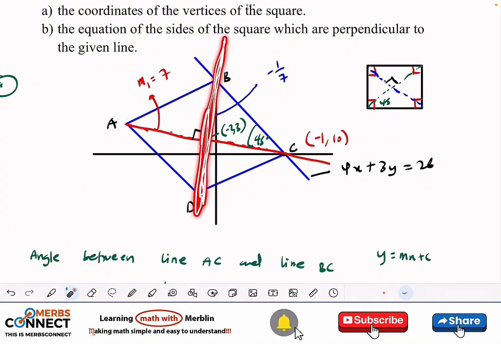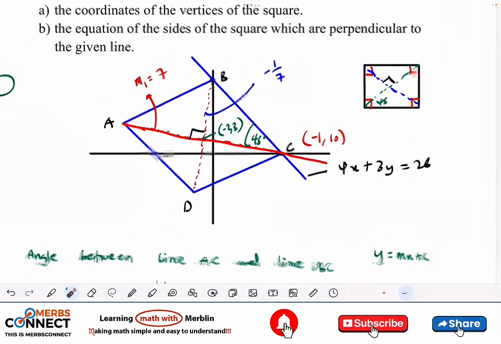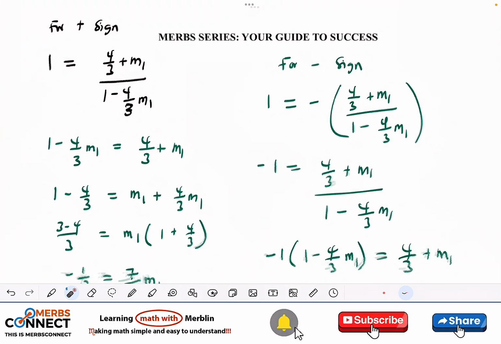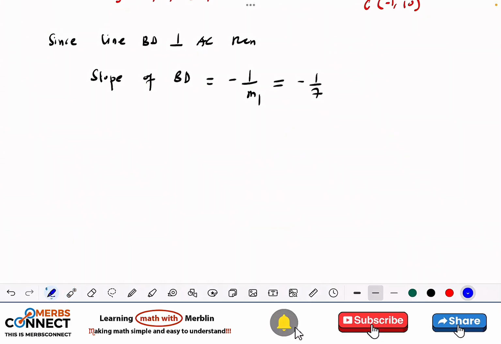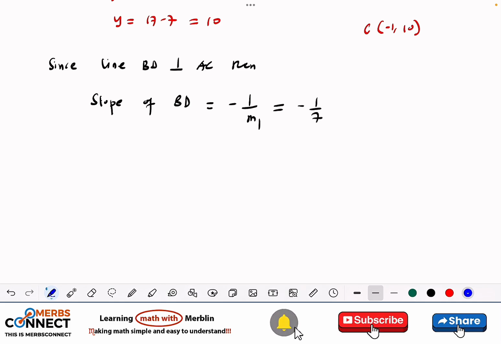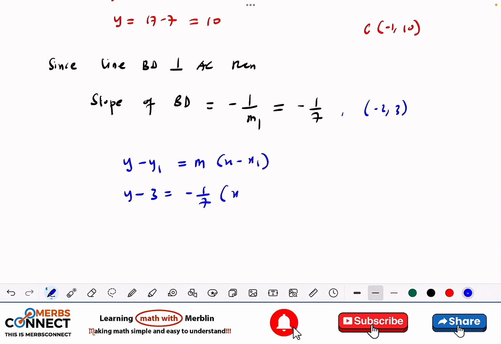And when we get the equation of this line, we can use this line and this line to find B because they meet at B, by solving it simultaneously. So let's do the same thing. The equation of the line AB will be given us with the point -2 and 3. So we are going to have y minus y1 is equal to m(x minus x1). So y minus 3 is equal to -1/7, and then x, when I plug in the 2, becomes plus,